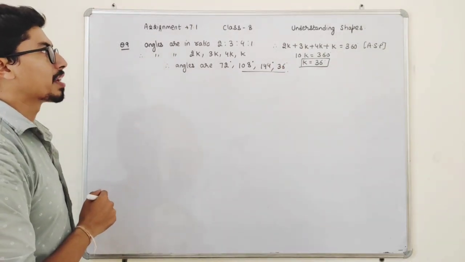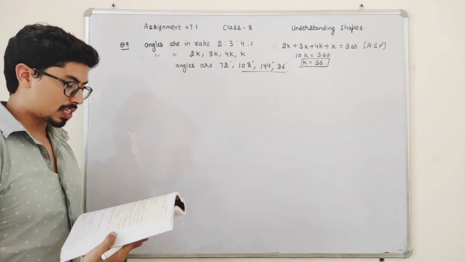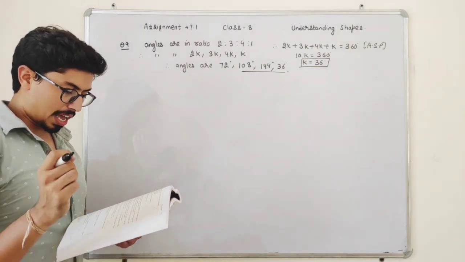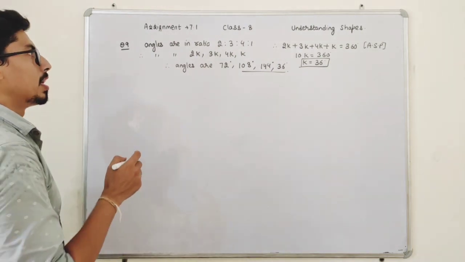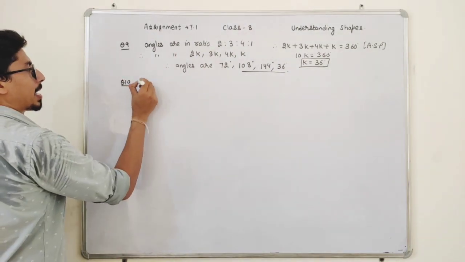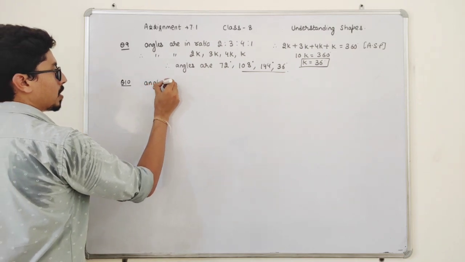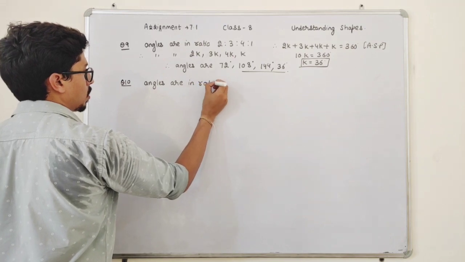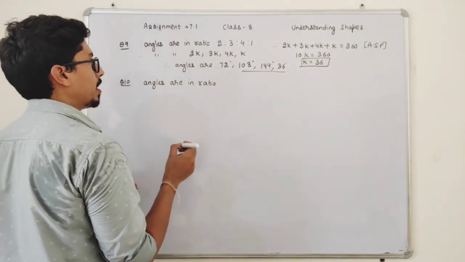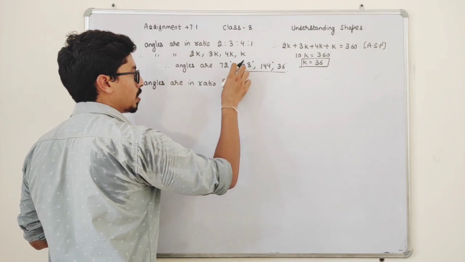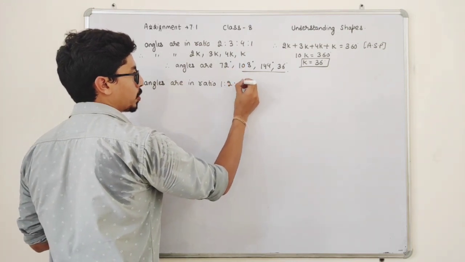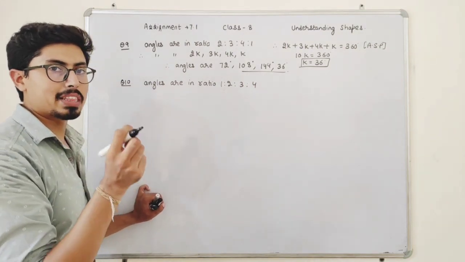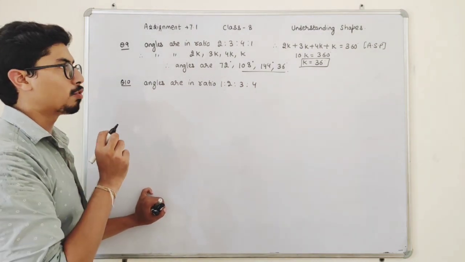So these are the four angles of our quadrilateral. Okay, students. Now, the next question is: the angles of a quadrilateral are in the ratio 1:2:3:4. Angles are in the ratio 1 : 2 : 3 : 4. So to make them into particular angles, I have to multiply the ratio